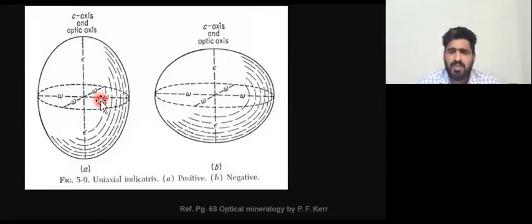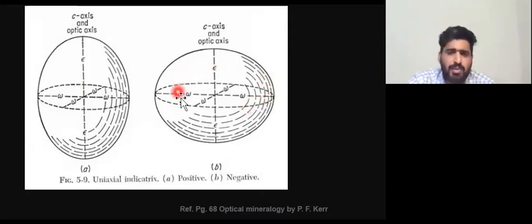We can see that there are two possibilities for the indicatrix shape in a uniaxial mineral. So let's look at this diagram, where epsilon is greater than omega. Because of that, the shape of the indicatrix is prolate, something like a cucumber, where we can see a circular section with a radius of omega, and that is the one that defines the emergence of the optic axis, which is normally perpendicular to the circular section.